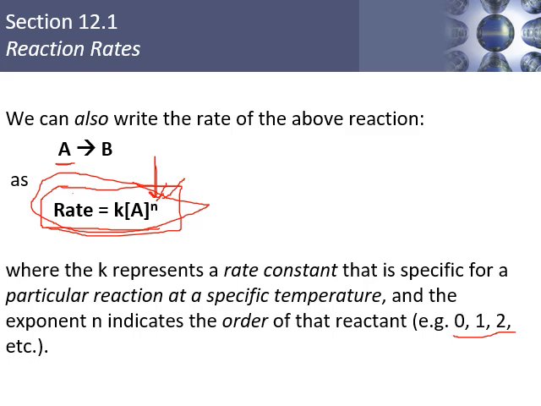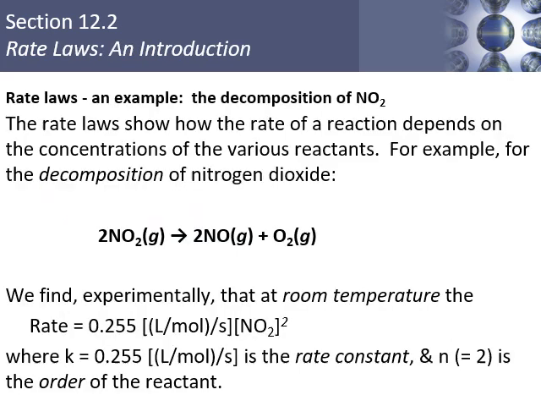Also, the rate would have to be determined experimentally, and also the K. Okay, next slide. Here's an example of a reaction that turns out to have that N here is 2. So this would be called a second order reaction. So here we see that there's a rate here that equals